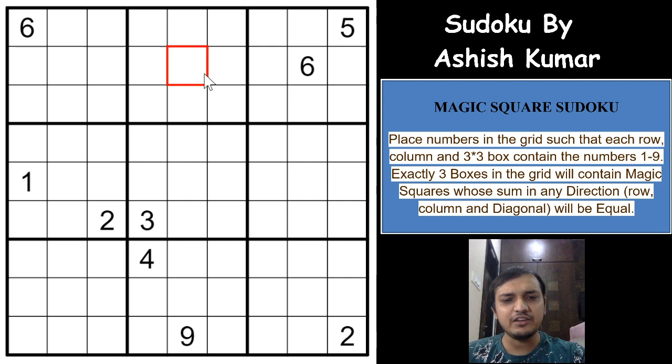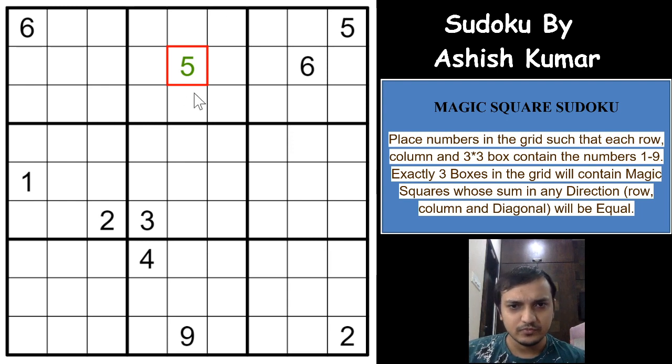Now we know that a 5 has to be in the middle of a magic square, right? We are not sure if this is a magic square. I'm just assuming it to be a magic square. Now the next fact I would like to say is there will always be even numbers at the corner in a magic square Sudoku if the digits used are from 1 to 9, right? If the digits used are from 1 to 9, then these 4 digits will be even digits and these 5 digits will always be odd digits.